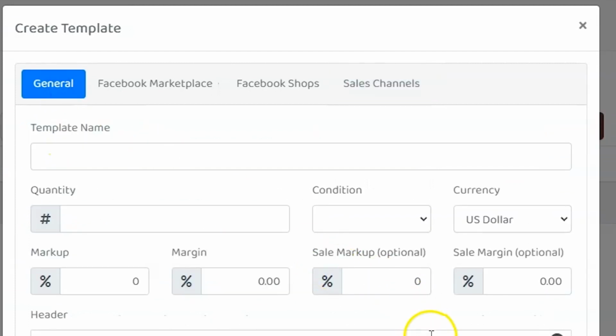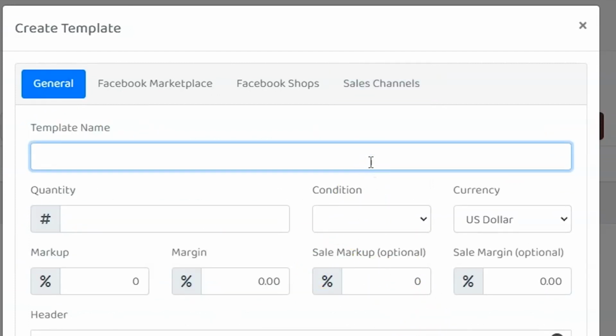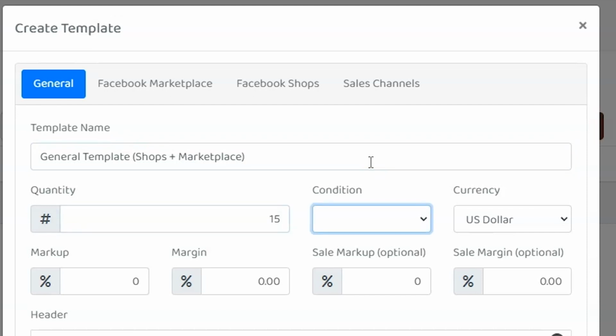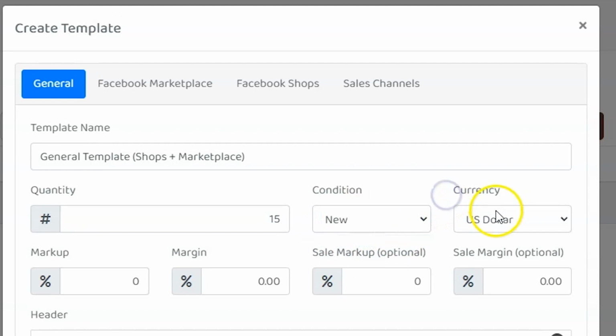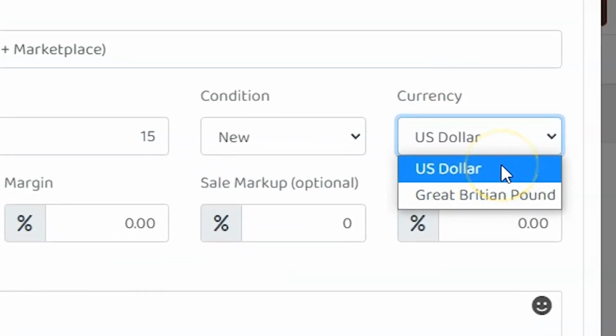And then we have the general tab, which is just general settings. So let me go ahead and name my template general template shops marketplace. I'm going to use my template for both shops and marketplace with a quantity of 15, a condition of new, and a new field that you'll see here, which is a great placeholder and a great deciphering thing, is a currency, right?